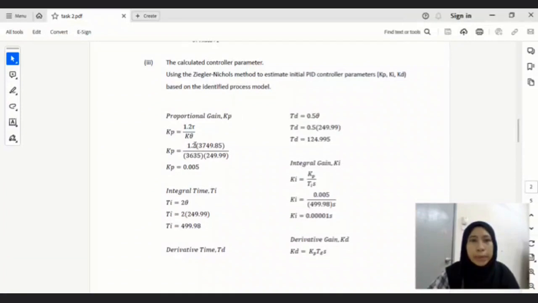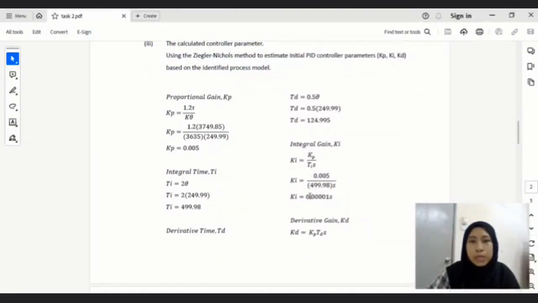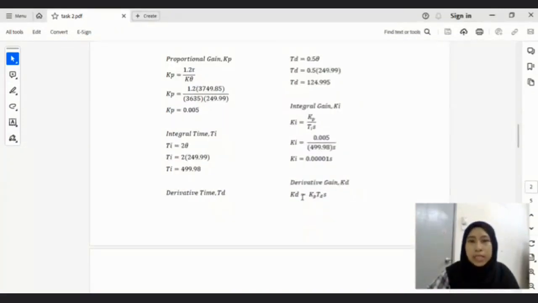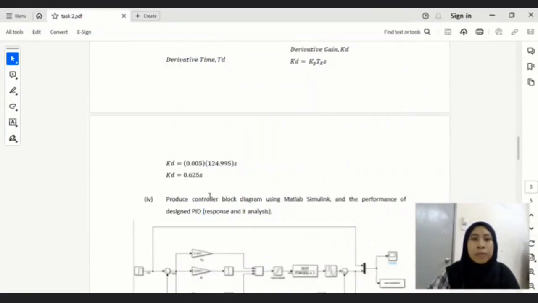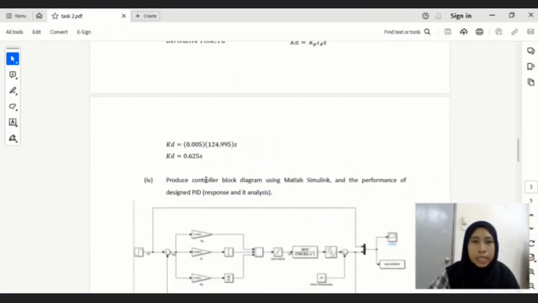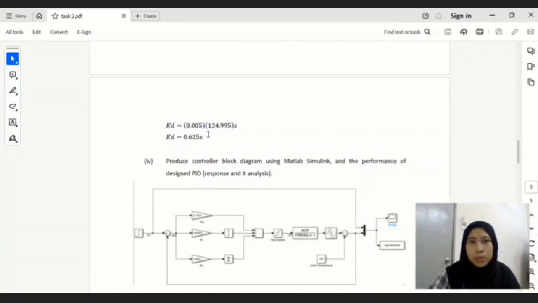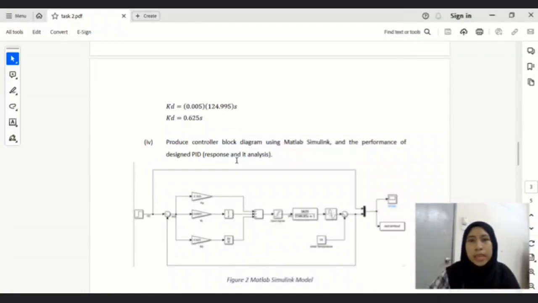The proportional gain Kp, using the formula, we got 0.005. The integral time Ti, we got 499.98. Derivative time Td is 124.995. The integral gain Ki is equal to Kp divided by Ti, as we got 0.00001 second, and the derivative gain Kd is equal to Kp times Td. We got 0.625 second. Okay, from here we can produce a controller block diagram using MATLAB Simulink, and the performance